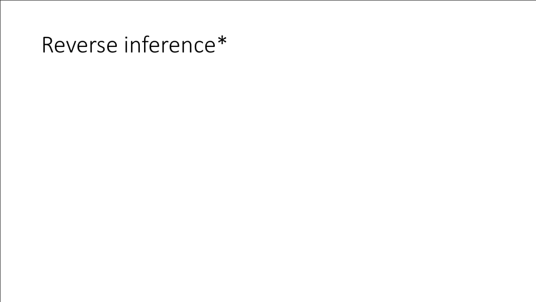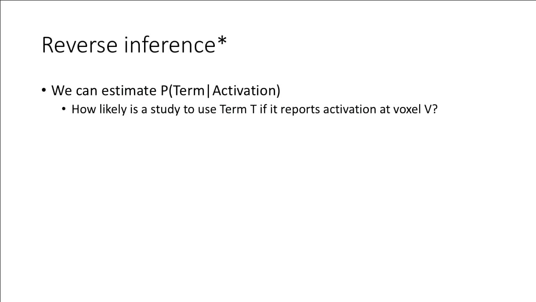One thing you can do, even though you should never do it, but you can, but you shouldn't, is you can do reverse inference with a star, which is like reverse inference, but much worse. You can, in theory at least, estimate the probability that some term is used conditional on activation. Now, this is not in any way unique to Neurosynth, right? Given any database like BrainMap or anything else, you can estimate the probability of some label or some tag conditional on some pattern of brain activity or vice versa. So in some sense, you can compute whatever conditional probability you want, going backwards and forwards.